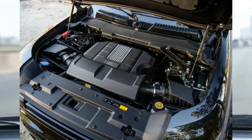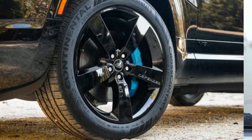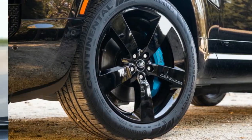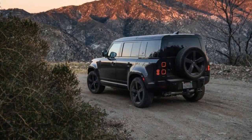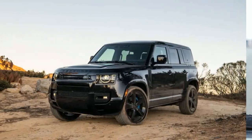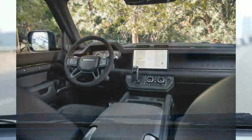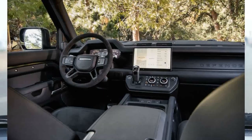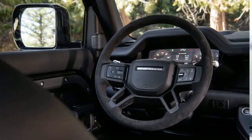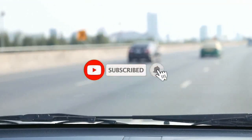Among the slew of available driver assistance technology, the Rover has several unique systems tailored for off-roading and towing. For more information about the Defender's crash test results, visit the National Highway Traffic Safety Administration (NHTSA) and Insurance Institute for Highway Safety (IIHS) websites. Key safety features include standard automated emergency braking with pedestrian detection, standard lane departure warning with lane keeping assist, available adaptive cruise control,